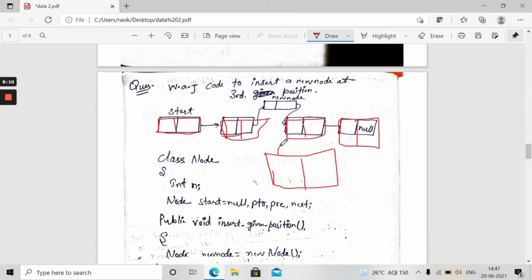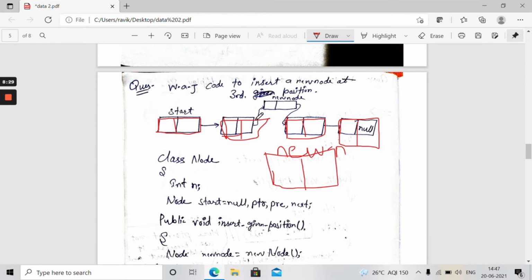I can write new n. This is coming at that place, and said that I want to connect this node with you, and I want to connect with you at the other end.